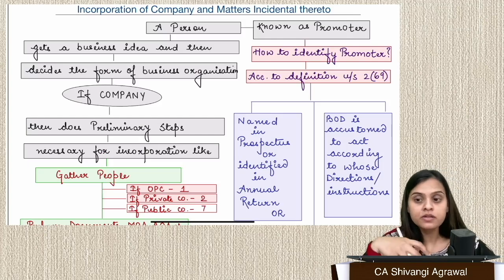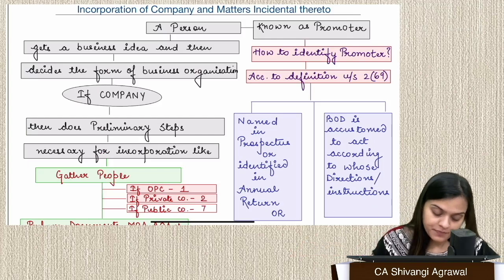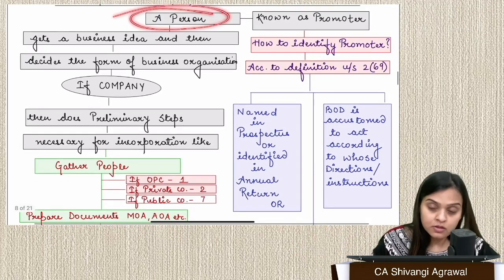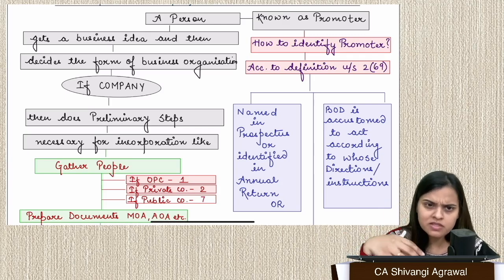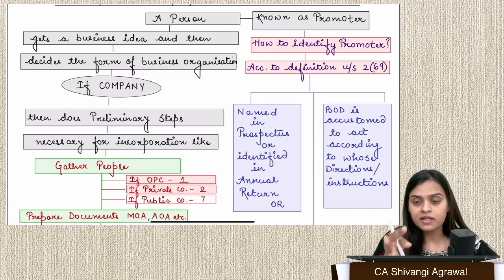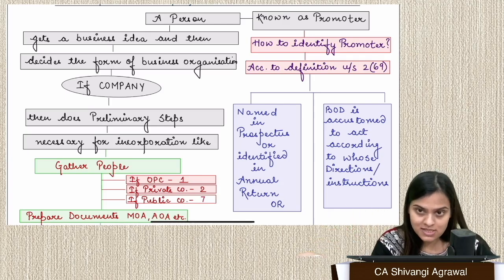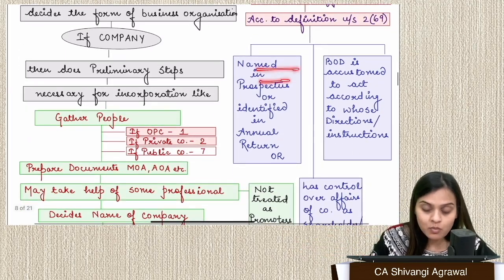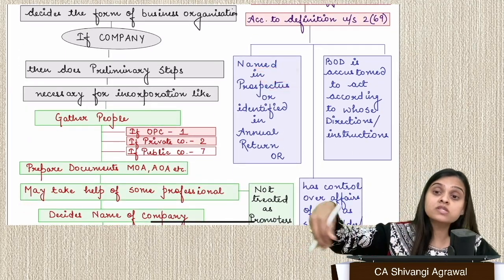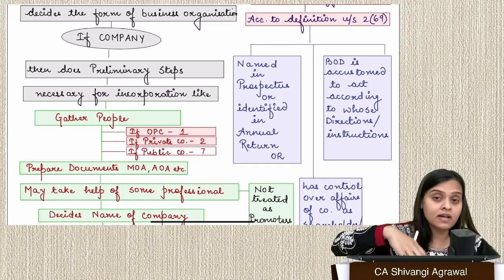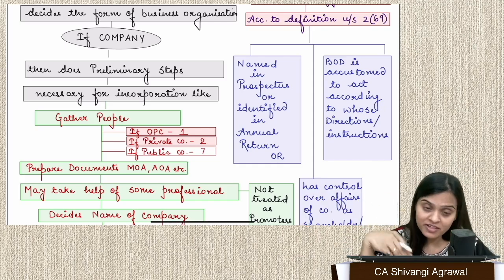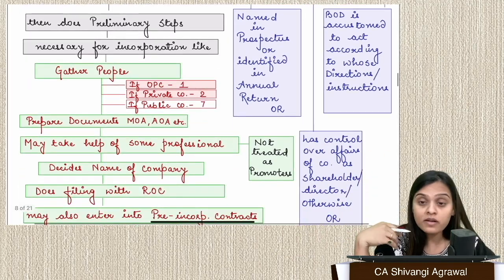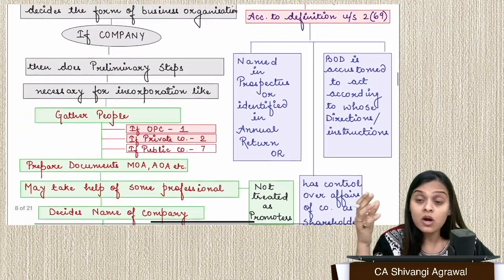Now, how do we incorporate a company? Any person who generates that idea, who does that feasibility study, who undertakes all the preliminary steps of incorporating a company, that particular person is known as a promoter. If we go by the definition, it is given in section 2 clause 69, wherein promoter could be anyone who is named in the prospectus as promoter, or who is identified in the annual return as promoter, or who has the control over affairs of the company, whether by his shareholding or being a director or otherwise,